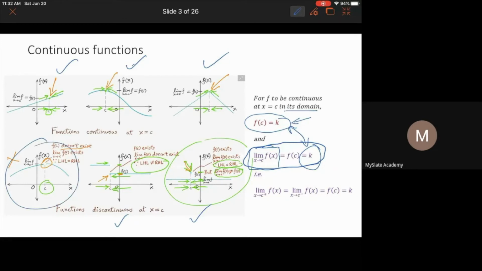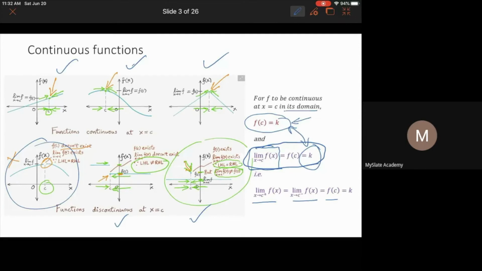The first condition is violated. But look at the bottom middle and the bottom right function. In these two functions, the first condition holds, but the second one is violated, right? And what do we mean when we say the limit should exist? Basically, that the limit from the right hand side and from the left hand side should have the same value. That is what we mean by the fact that the limit of the function exists at x equal to c,